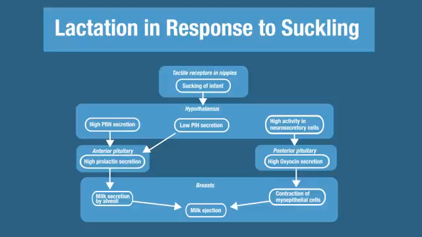This is a really nice flowchart that shows you how both hormones are involved in lactation. So there's a tactile response in the nipples. This is the stimulus, and that's caused by the suckling of the infant, which stimulates the hypothalamus. The hypothalamus then is going to synthesize and secrete prolactin releasing hormone, but it's not going to synthesize and secrete prolactin inhibiting hormone. It's also going to increase the activity of the neurosecretory neurons, which stimulate the posterior pituitary to